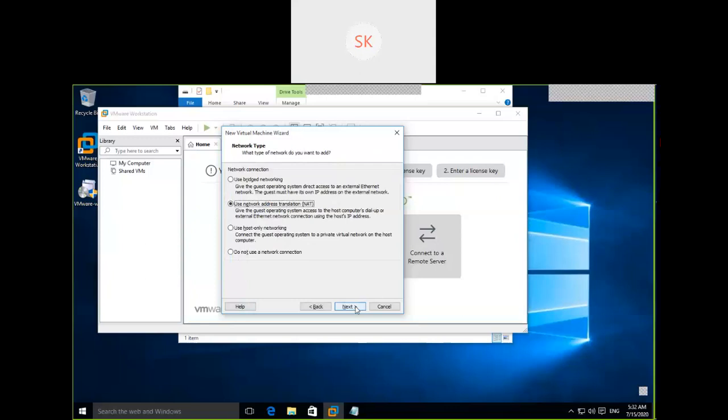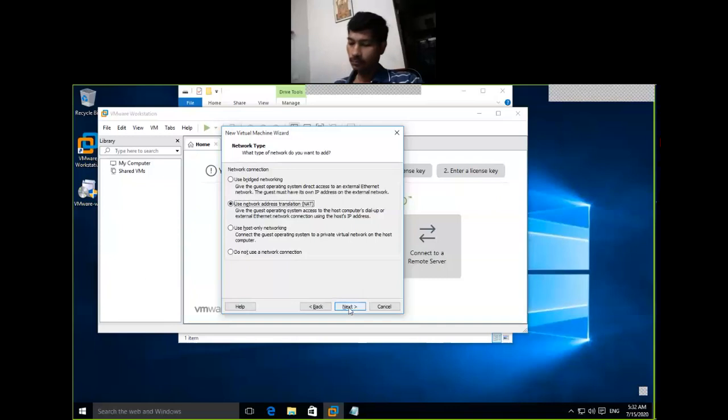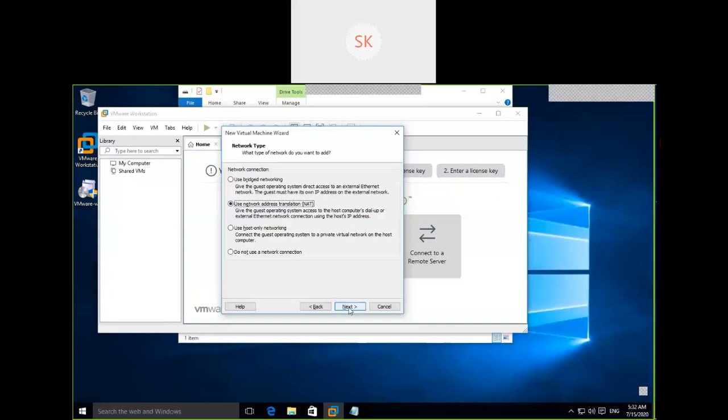Leave these default options. You will understand what it is later. No issues. Leave the default option. It is going to use NAT, whatever the IP you configured in your local system, with the VMware Workstation IP ranges. As soon as VMware Workstation is installed, it creates one network segment. VMware Workstation acts as a router between two networks.